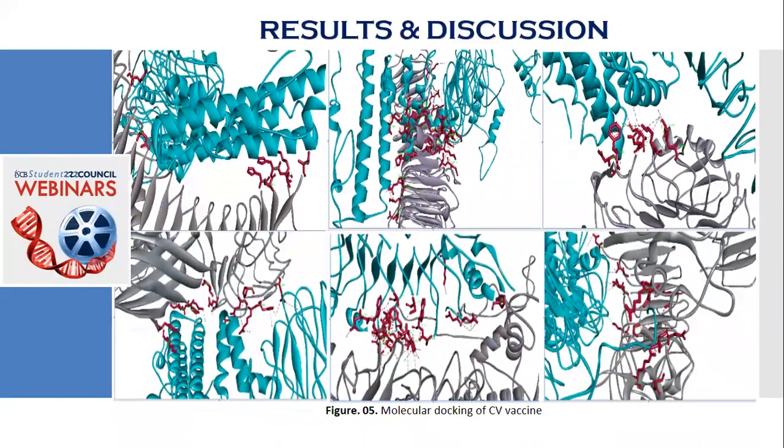Then the most interesting part of the research, the molecular docking analysis, was conducted, which wound up with impressive results, yielding high free energy with a very strong interaction between the toll-like receptors of the host cell and the vaccine construct. Here in this figure, the interactions between the vaccine and TLRs are clearly shown, with the interacting atoms colored in purple.